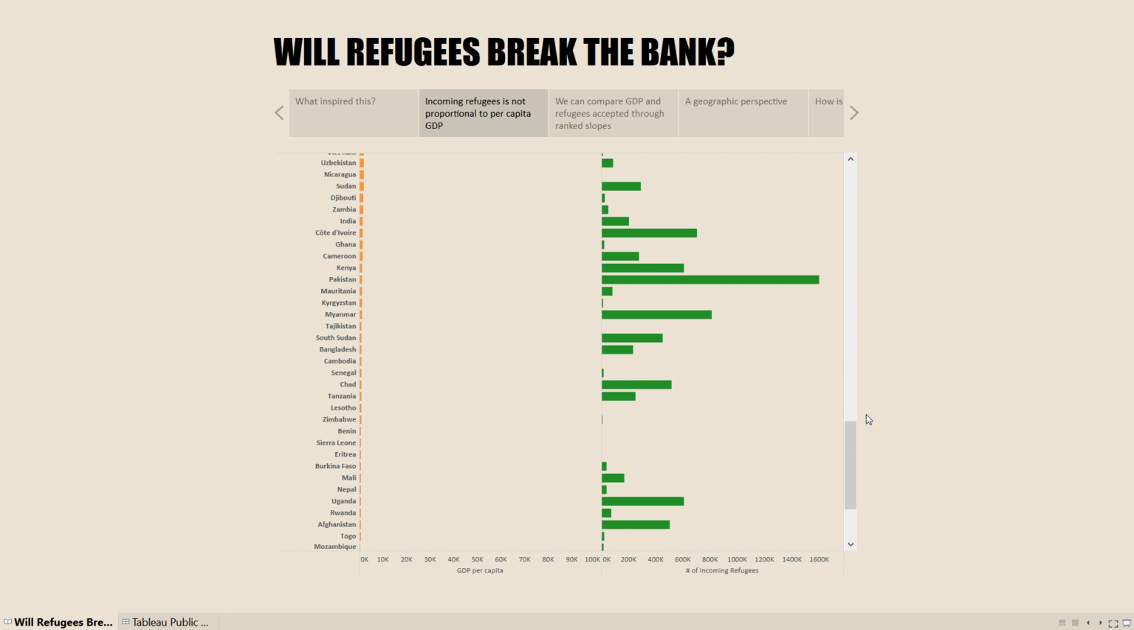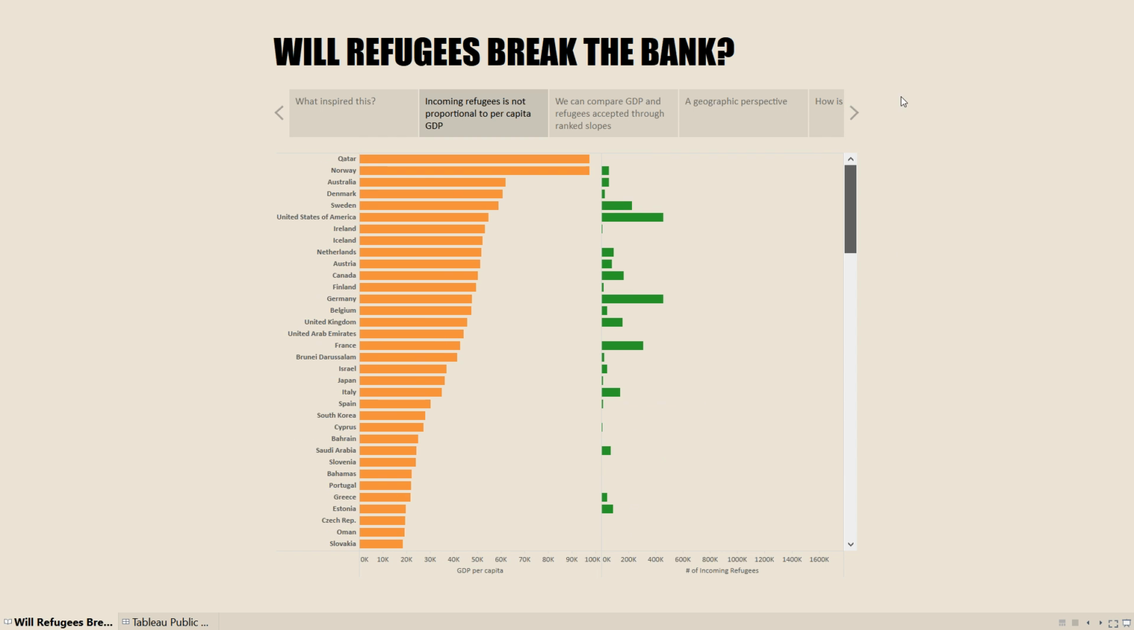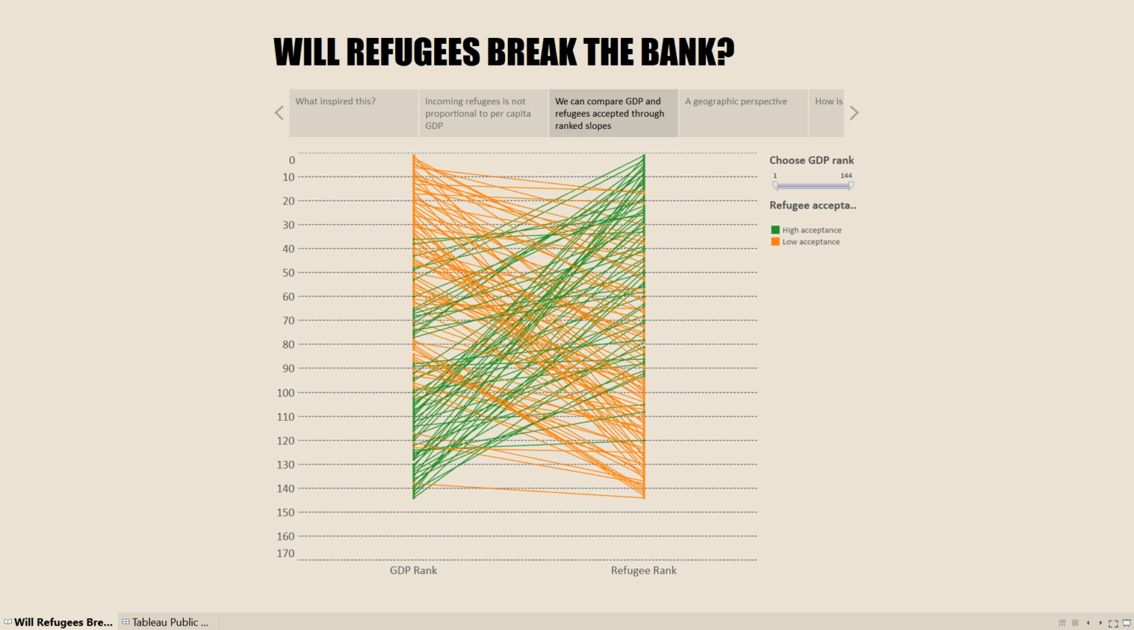Another way we can compare this is using the slope rank that Ben showed us. Slope ranks you have to wrap your brain around, but I'll try to walk you through it. On the left side, we have countries ranked by their GDP, where the lower the number of the rank, the higher their GDP. If we look at the top one right here, it's Qatar. Qatar ranks number 1 in terms of GDP per capita, which means out of this data set, they have the highest GDP. And on the flip side,